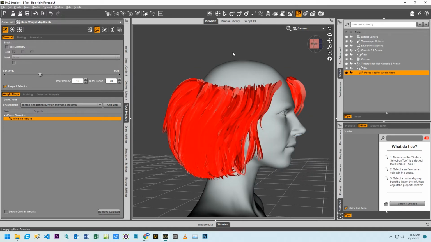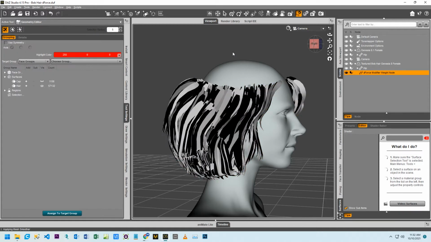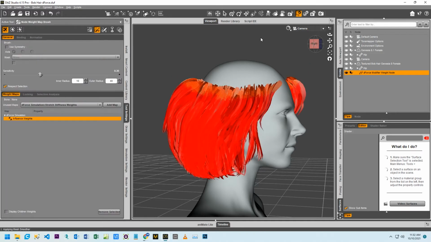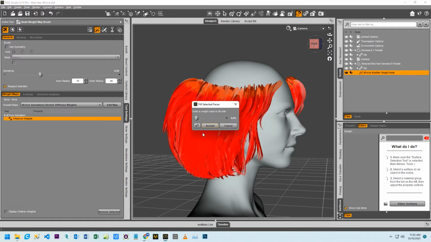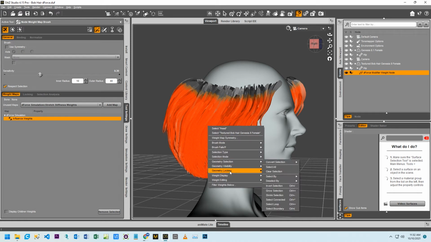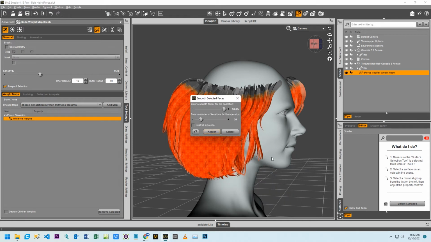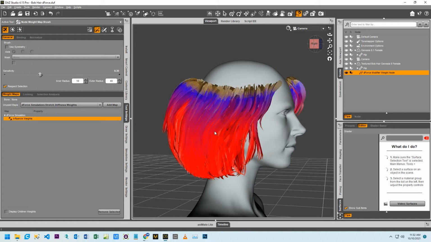Back to geometry, Alt-Shift-G, back to weight, fill the selected with 0, Control slash, smooth the selected, Control slash, Control star,